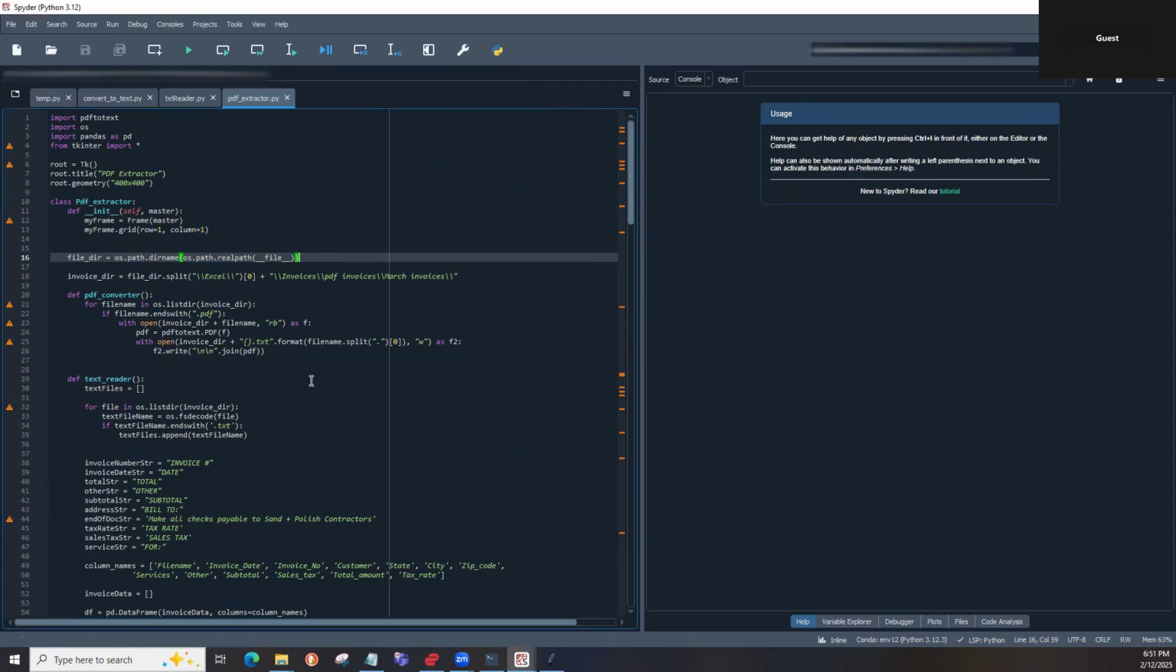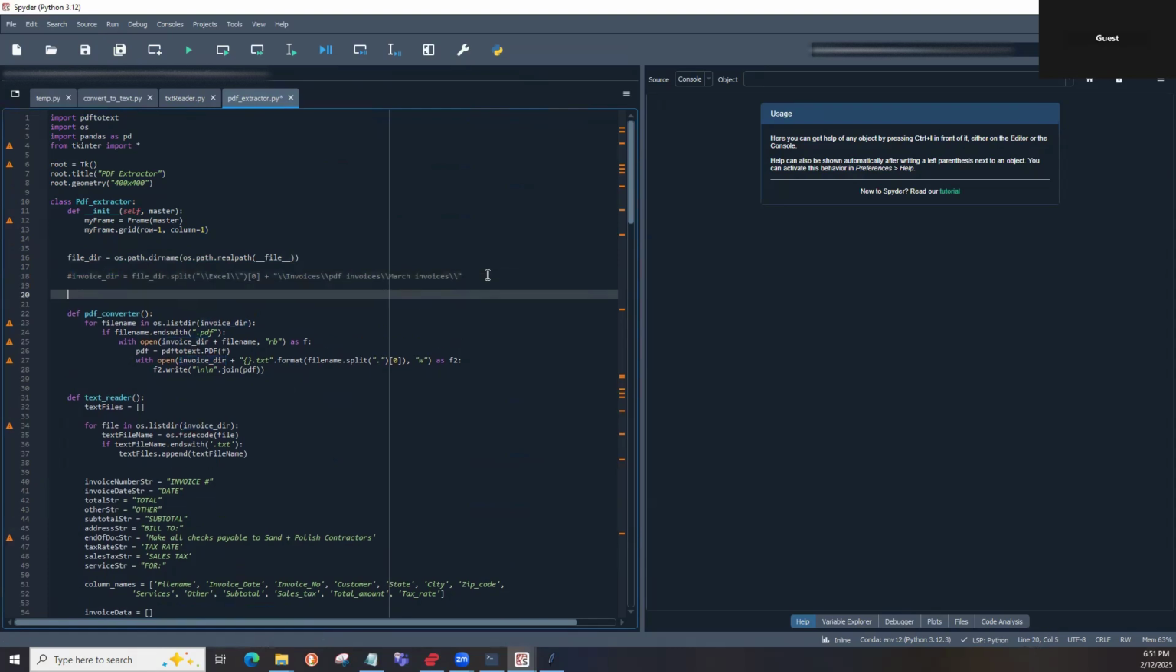And now, let's see. It will only work for this directory. We don't want that. We want to be able to specify which directory to look at. So we'll comment that out, and we'll create a global value, or